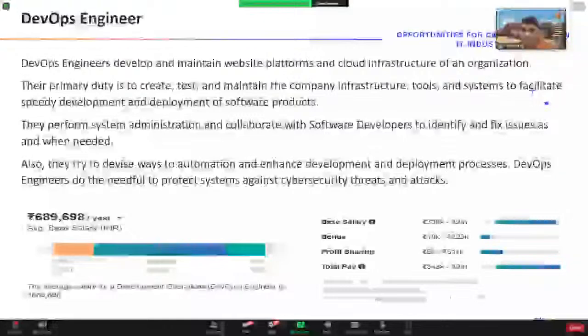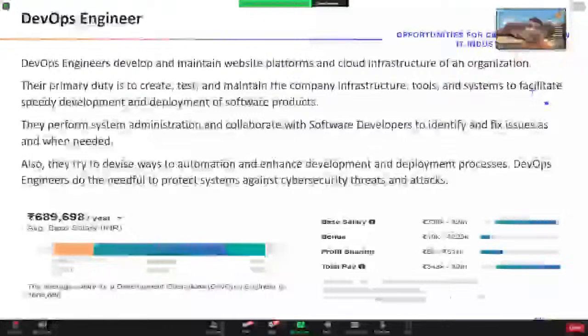And what do you need to do to become a DevOps engineer? Because it's a new field, I'll talk about it a bit. There are tools for development, tools for testing, tools for maintenance, and tools for synchronization. I'll name a few you would have heard about: Docker, Kubernetes, Jenkins. There are a lot of tools by Atlassian in DevOps. Atlassian is one of the great players in DevOps engineering and pays a lot. Kafka is there. So there are a lot of tools in DevOps which you need to understand and master, which helps you work with the development of a project, and that's how you run the entire